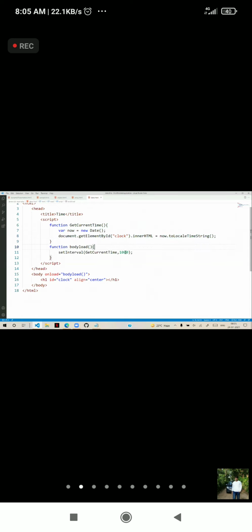Then you can observe that the time is ticking every second. It is not refreshing the page. The time is ticking and displaying every second. That is through timer events and the timing options we can control. That means you can put this in a toolbar and show it at the corner. So the date and time can be continuously displayed in websites.